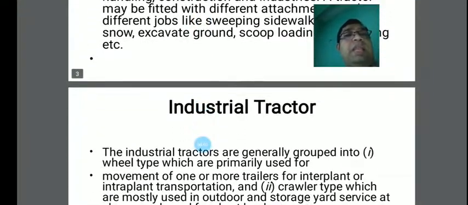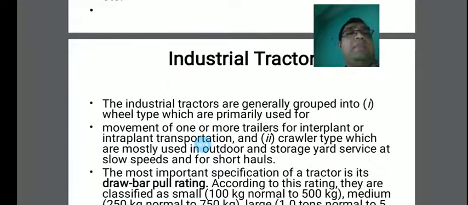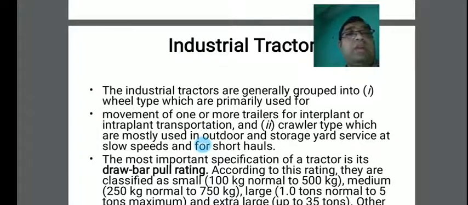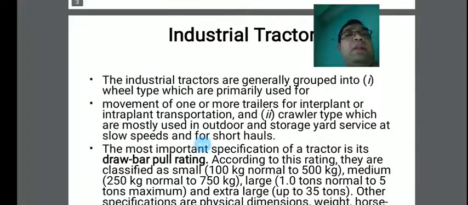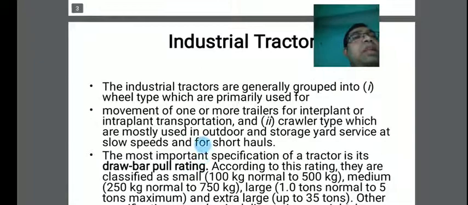Another type is the industrial tractor. Industrial tractors are generally grouped into wheel types, which are primarily used for the movement of one or more trailers, for interplant transportation. And there are crawler types, which are mostly used in outdoor and storage yard service, at slow speed and for short hauls. Industrial tractors are generally used for the movement of materials